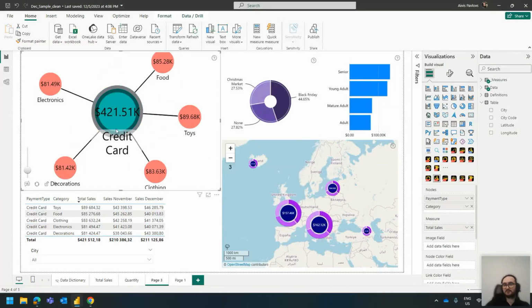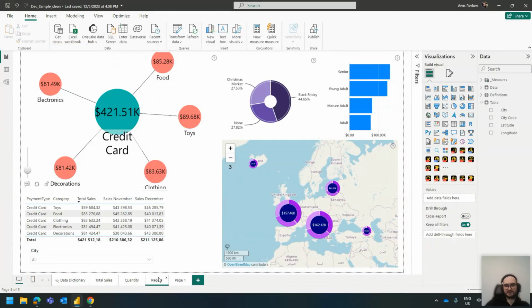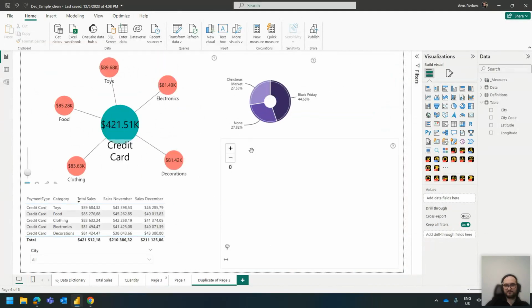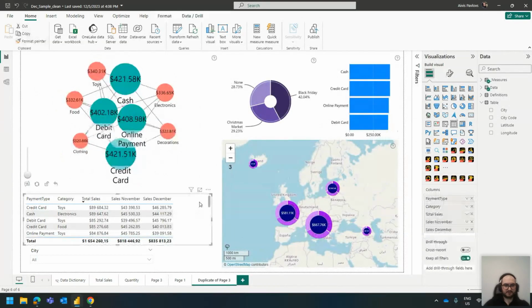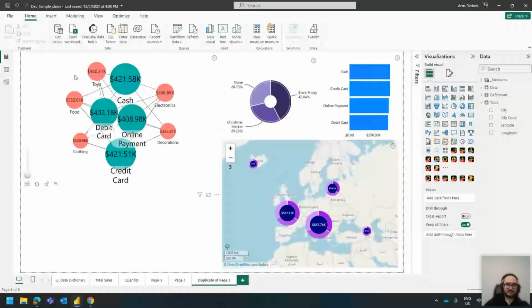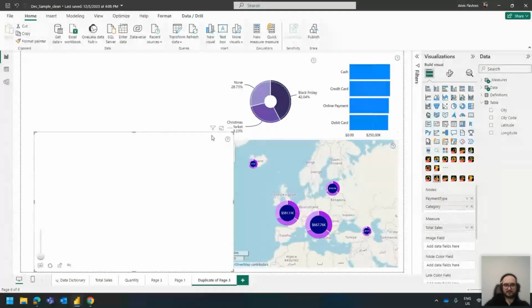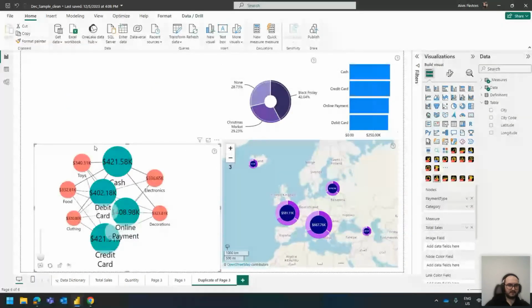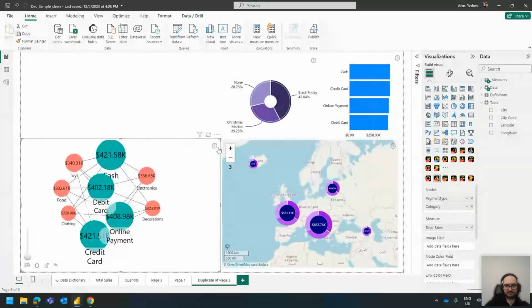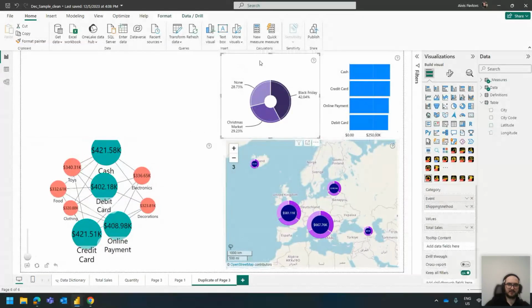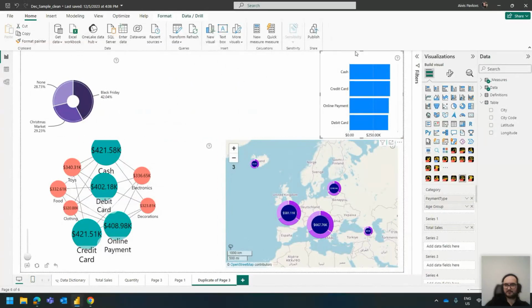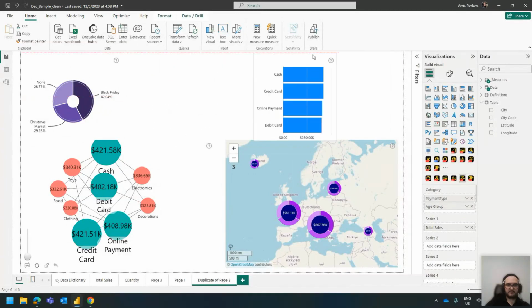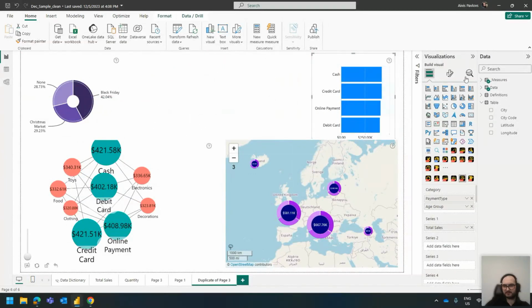I could use the network chart as one of the driving forces, or if I, for example, create a duplicate of the page, right? And then this is the story that I want to tell. For example, let's say the network is going to be here. Let's position it somewhere around here. There we go. The map is going to be here. Now the drivers for this are going to be the donut chart and the combo chart. Probably not the best layout, but